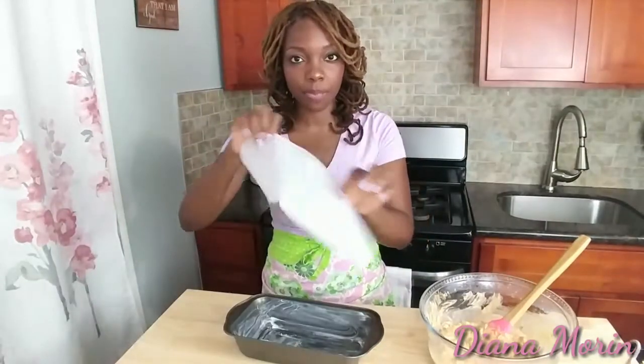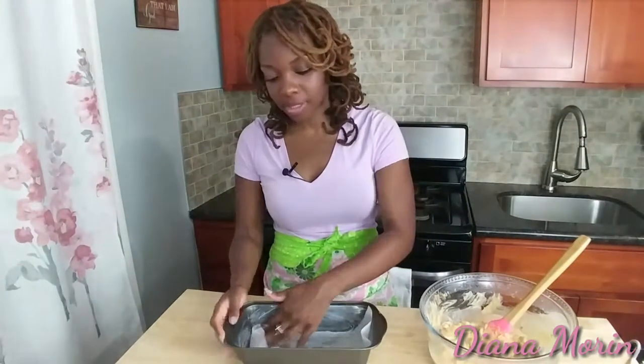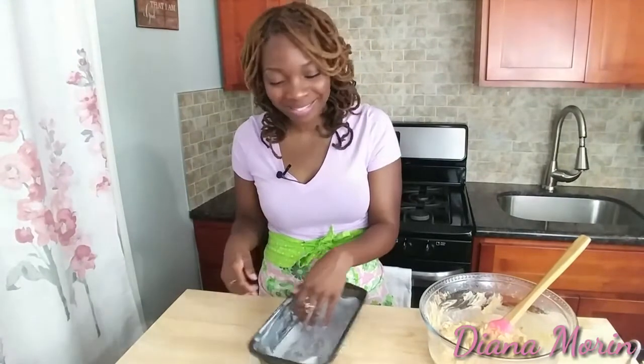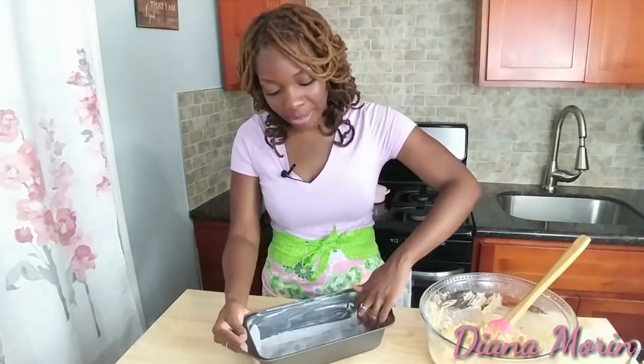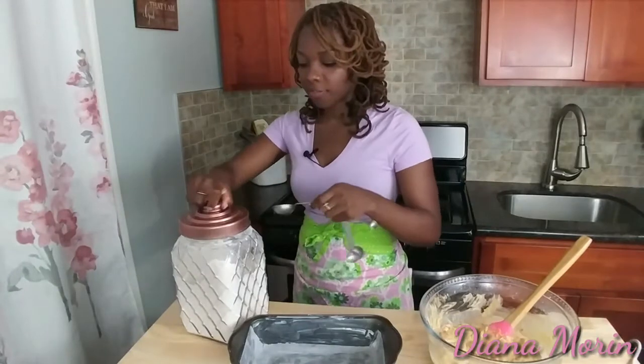Then I'm gonna take my parchment paper. I just put it flat in there. With the butter being in there, it's gonna help it stick on to the pan. It just makes it easier to come out. I know we have butter in there, but never be too sure. If you do not have parchment paper, it's perfectly fine, but it honestly just makes it easier to come out of the loaf pan. I like to take a little bit of flour,